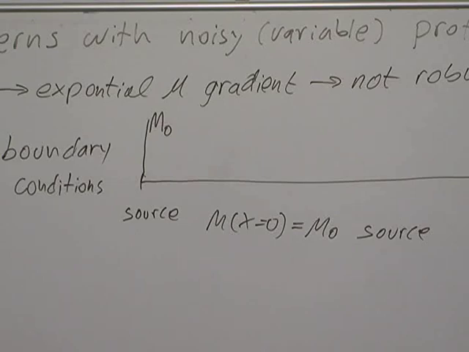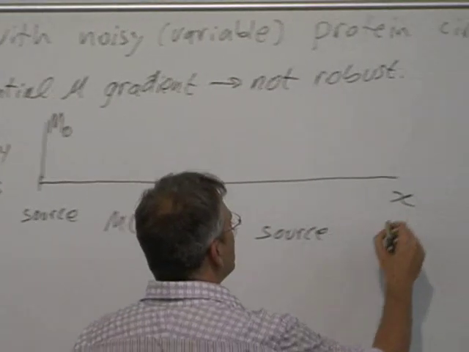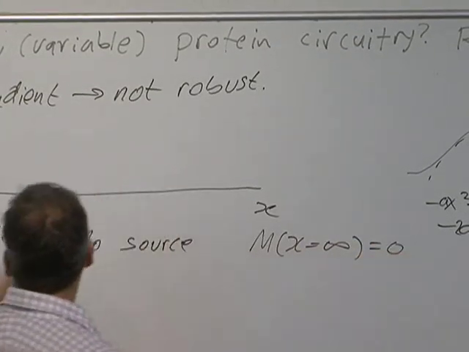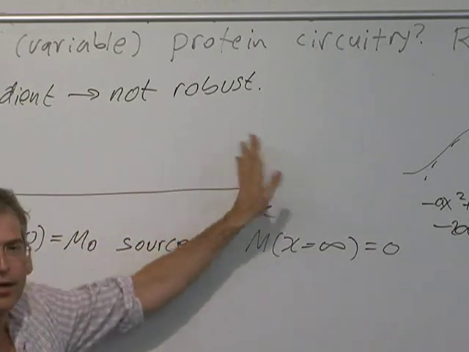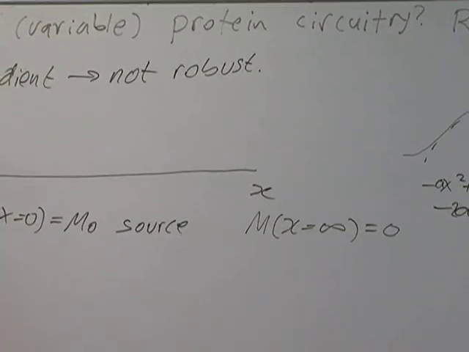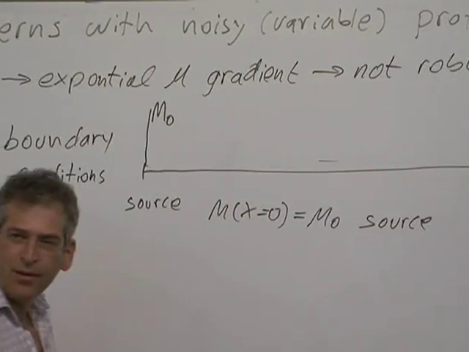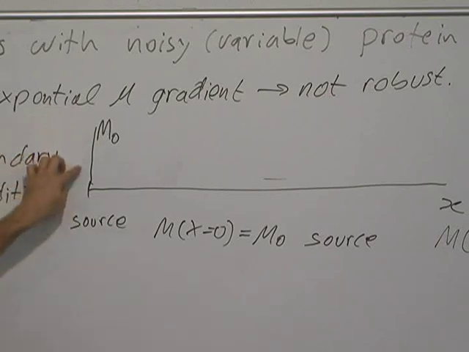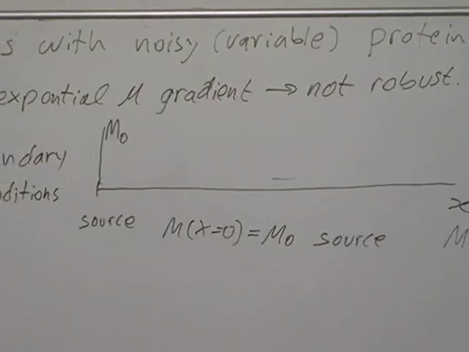And the other boundary condition, since it's a second order equation and we need another one, is that m at infinity, far away, it's a big field, is 0, which means that m is going to decay away. At infinity, there's no more. So we need to solve this equation. The answer will be that m is going to show us an exponentially decreasing profile. And then we'll calculate the thresholds, we'll do the French flag model, we'll see what happens when you change m0. That's our program.